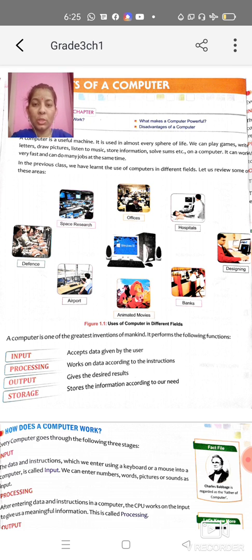Storage is optional, because it's not compulsory that whenever you are doing anything on a computer, you want to store that data. Sometimes you just need to find the sum of some numbers, or just listen to music, so there is no need to store that data. But storage is very important. A computer can store a huge amount of information, and you can save it for future use. Whenever you access it, you will find it as it is.